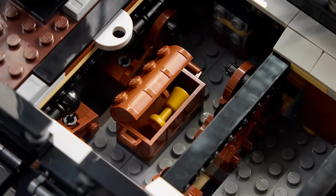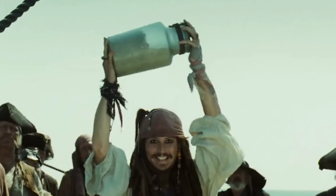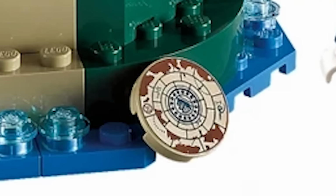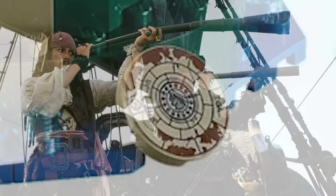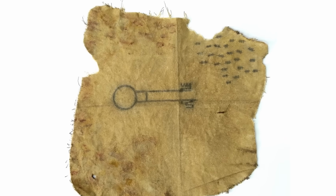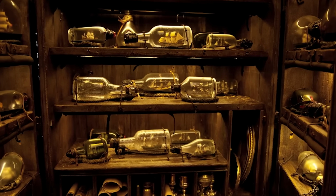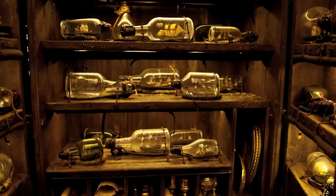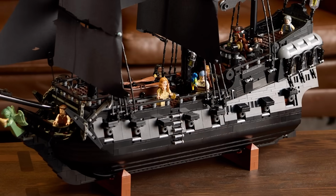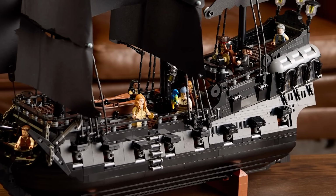I think that would have been really cool. Including the jar of dirt would have been an incredible thing to have here. Or even Sao Feng's maps would have been really cool to get here as well. Having different references like the long periscopes, a little piece of fabric with Davy Jones's key, a couple of other ships in a bottle or something, or a goat referencing On Stranger Tides. There's just so much here that I wish would have been included